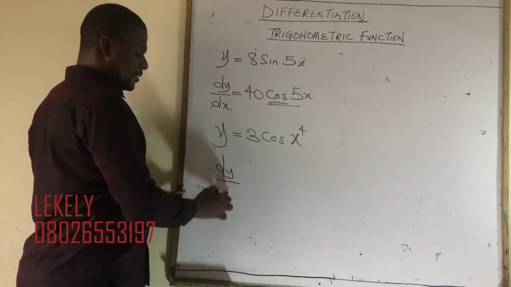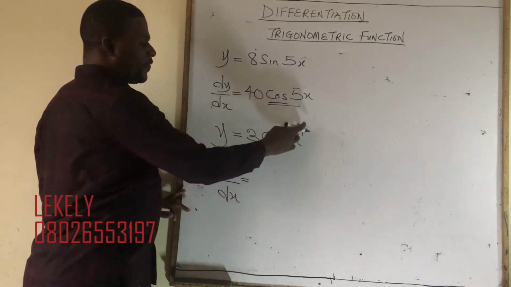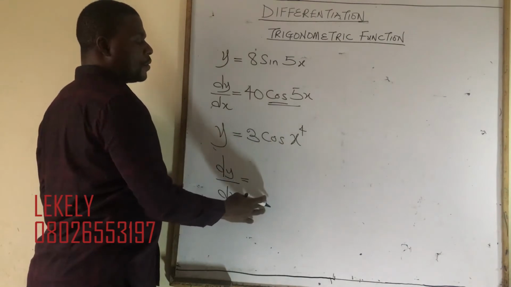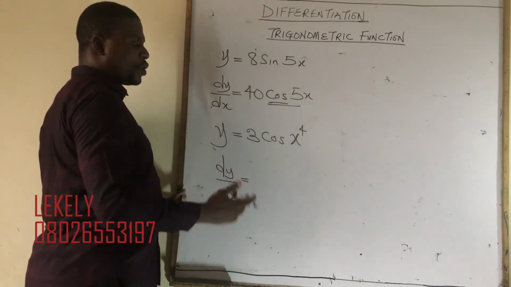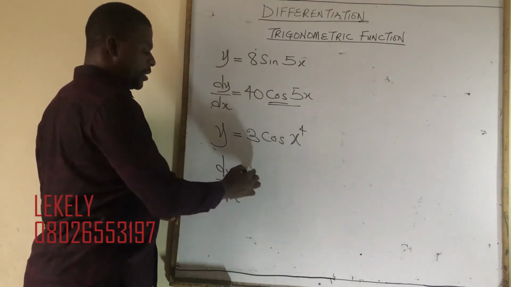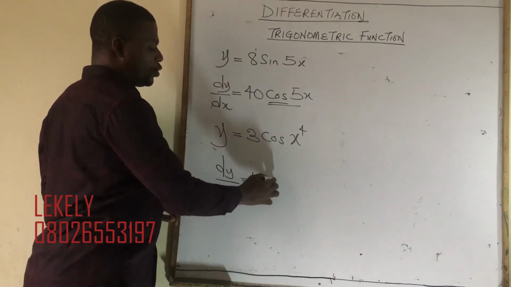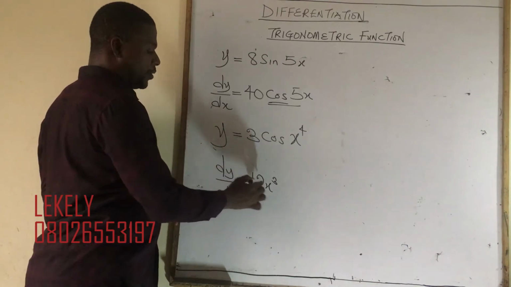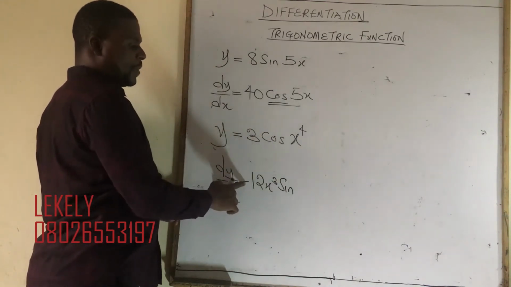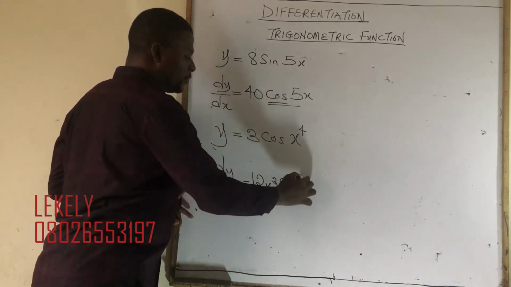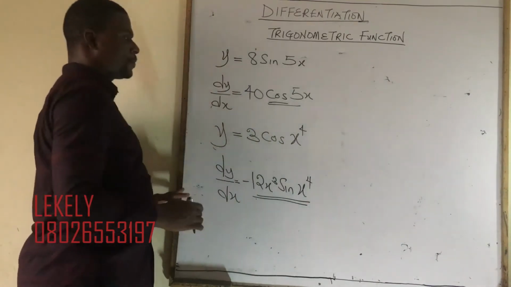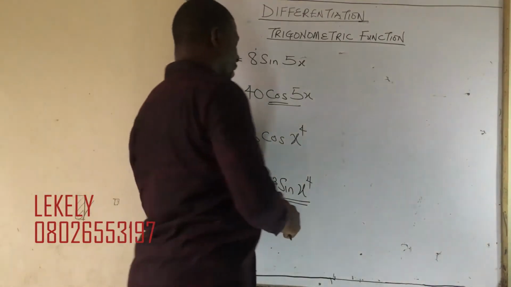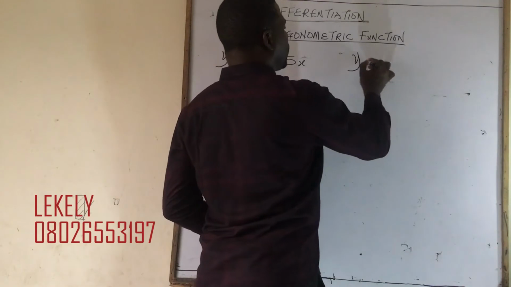my dy dx is going to be differentiate x raised to power 4. It will give you 4x cubed times 3. That will be 12x cubed. Then differentiate cos. That will give you minus sine. Always put the minus at the far back. Then rewrite the x power 4. And that's it. Now look at if I have y equals